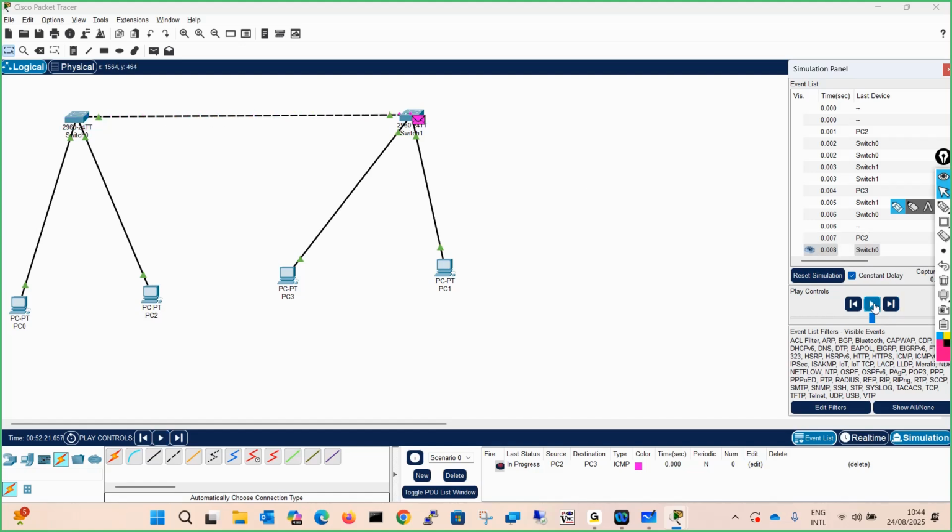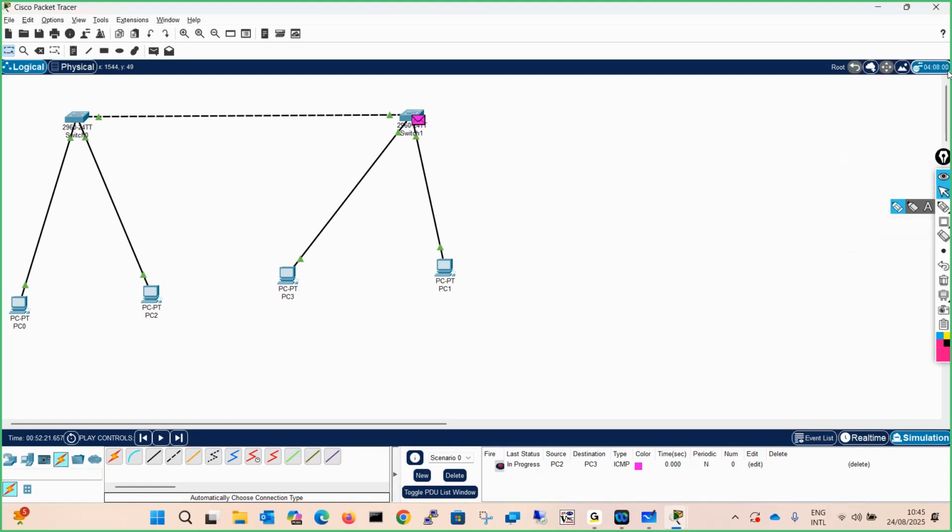Basically, you will see that PC2 wants to talk to PC3. It did not have the MAC address entry, so it went to the switch. Then it was broadcasted. So just for this one switch to communicate, this was a broadcast. Understand that if there are thousands of PCs, how much unnecessary broadcast will be there? So this broadcast domain we can divide. Now, if this is a member of a specific VLAN, then this broadcast will not go to all other VLANs. It will go to that specific VLAN only, and in this case you can break the broadcast.